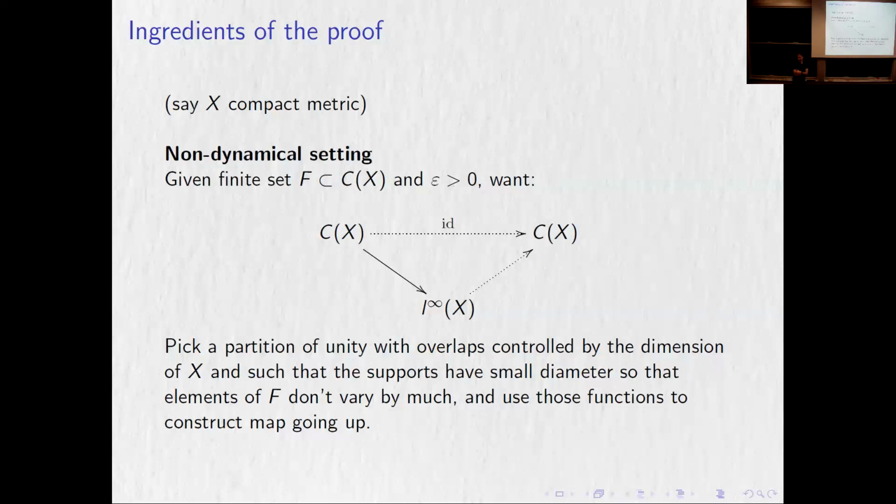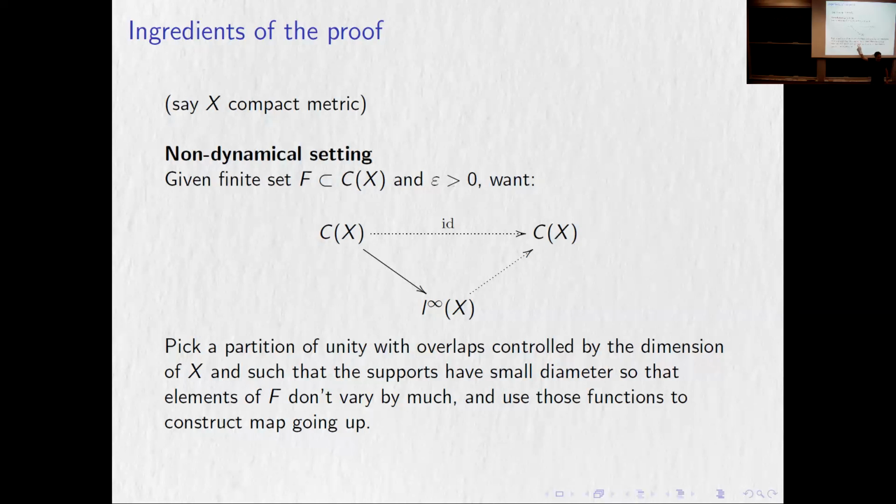So that's easy to do directly, but I want to slightly complicate the regular proof and describe it like this. What I would do is say, well, okay, I have this finite collection of functions in C of X. I want to almost approximate it using this decomposable approximations. What I do is, first of all, I forget about the topology. I simply have a natural mapping of C of X into L infinity, right?